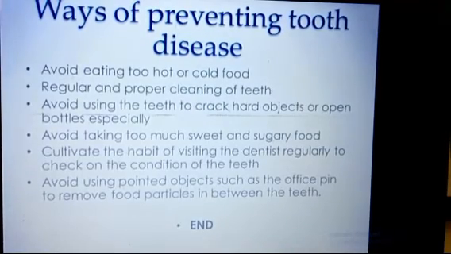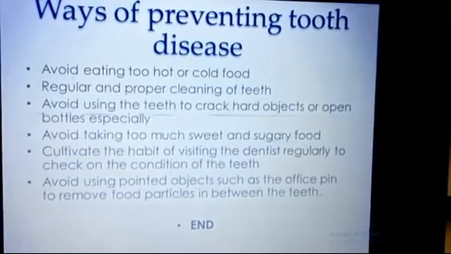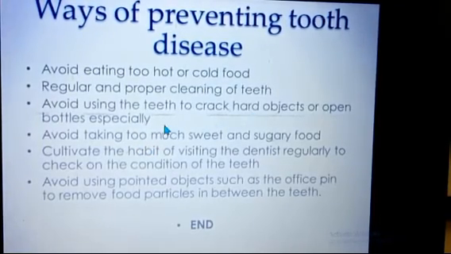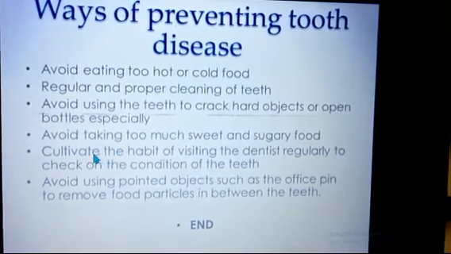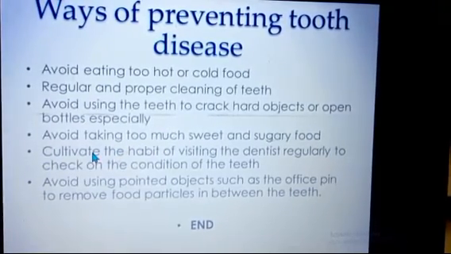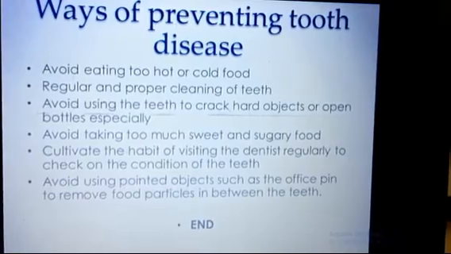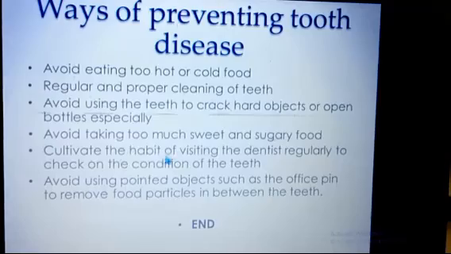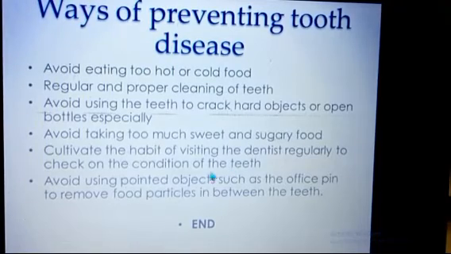Regular and proper cleaning of teeth. Avoid using the teeth to crack hard objects or open bottles especially. Avoid taking too much sweet and sugary food. Cultivate the habit of visiting the dentist regularly to check on the condition of your teeth. And then finally, but not the least,